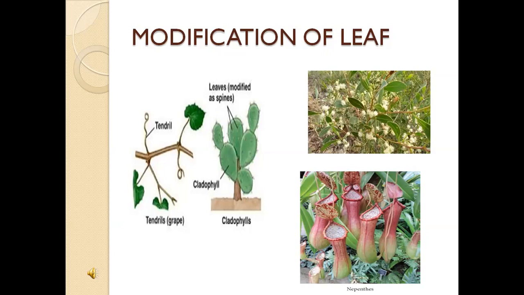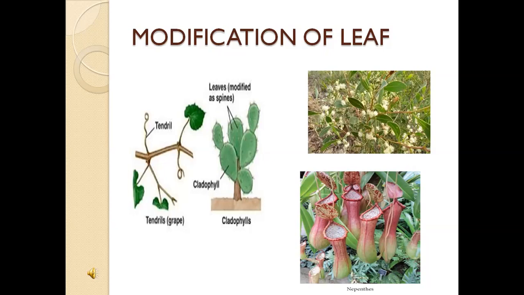First one, spines. Leaves are reduced to spines and the stem is modified into a green succulent part to perform photosynthesis. Second one, tendril. In climbers, the leaf of the plant is modified into an elongated structure to help the plants climb efficiently. Next one, phyllode. Phyllode in acacia forms a leaf-like structure. They carry out the function of a leaf.